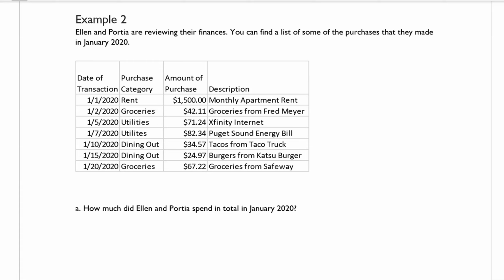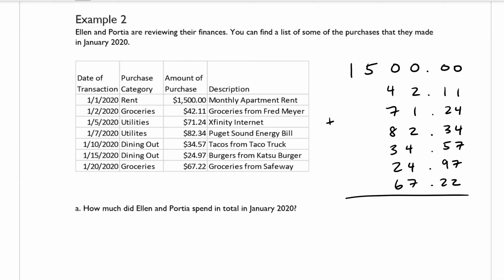So let's see, we have 1, 2, 3, 4, 5, 6, 7 items, and we want to add all of those items up in order to figure out their sum. I'm going to rewrite those numbers so that they're a little bit bigger. All right, so I've rewritten those financial values and I've lined up the decimal points. And the way that you add up decimals is you make sure to line up the decimal points, which here they are, and then in your final sum, you're just going to drop down the decimal point,